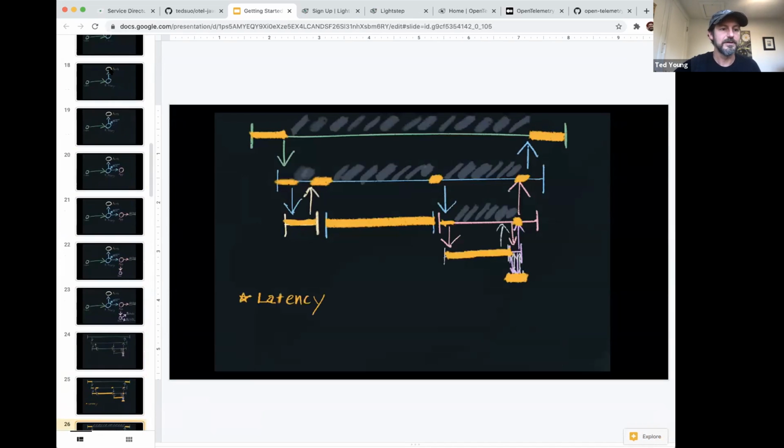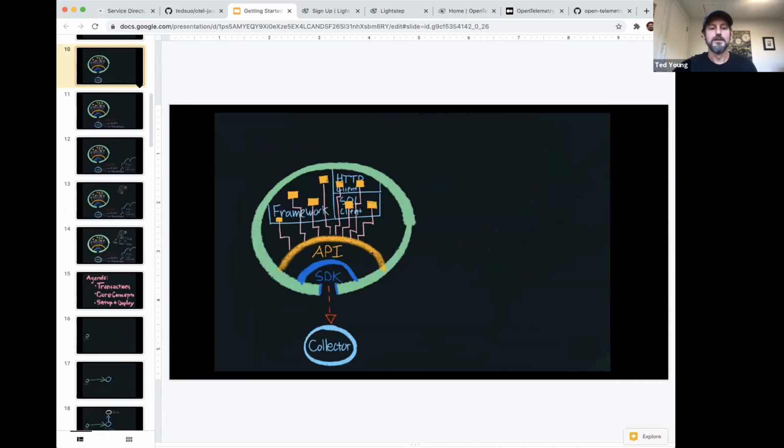So if we go back up here to this diagram, OpenTracing is just an API layer, and it was designed to talk to a variety of implementations. You would take the OpenTracing API, and then you would build a client implementation of that. There are lots of implementations of OpenTracing, and OpenTelemetry is just one more. This is precisely how OpenTracing was designed to work. When you install the shim, all that does is allow all of your OpenTracing API calls to be collected by the OpenTelemetry SDK.